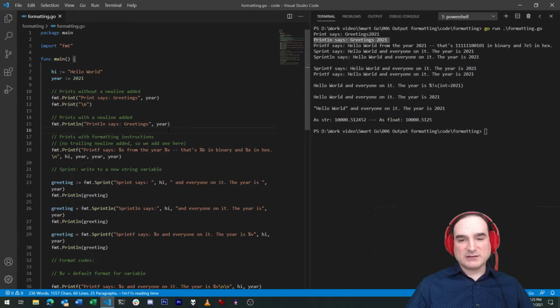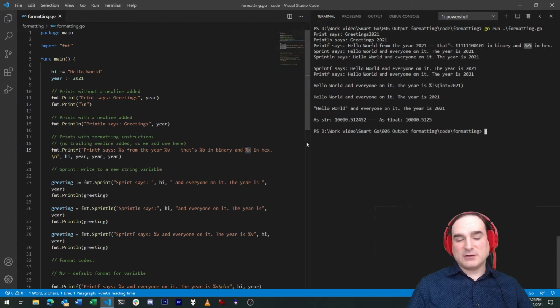But if we want more detailed control over the output, we can use a different function, Printf. Printf takes a string with formatting codes embedded in it, and then inserts variables provided after the string into the string at the positions of those codes. Those codes let us format how the variable is displayed. And most of the time, we would do this with numbers. In this example here, I'm printing the year variable 3 different ways. The first, with the %v code, is just the default for how a variable of whatever kind that is going to be printed. The second version formats as base 2, binary. And the third version as base 16, or hex.